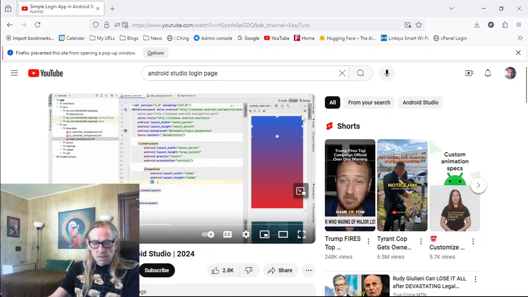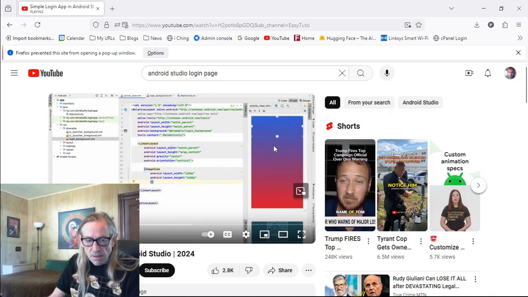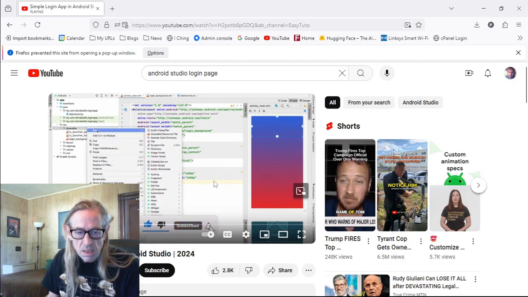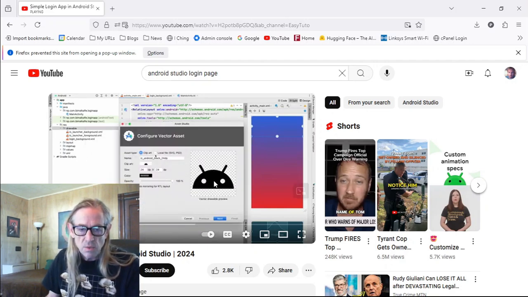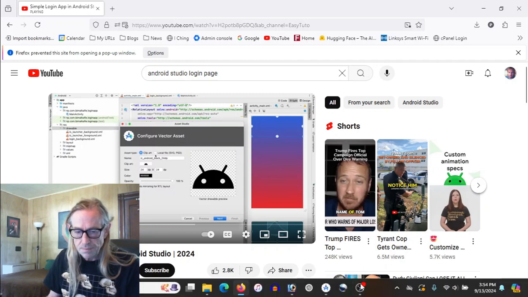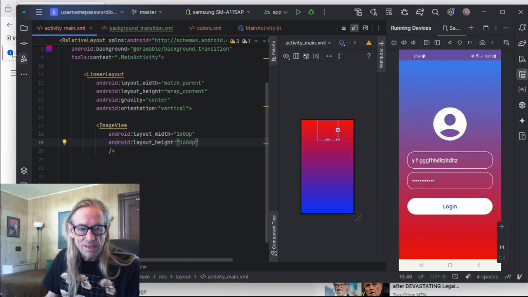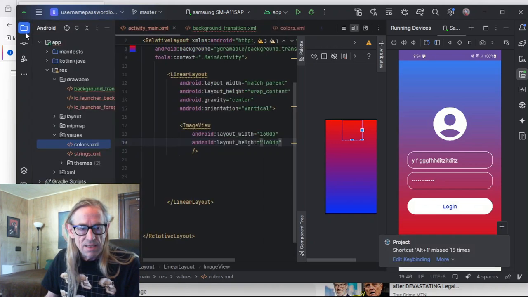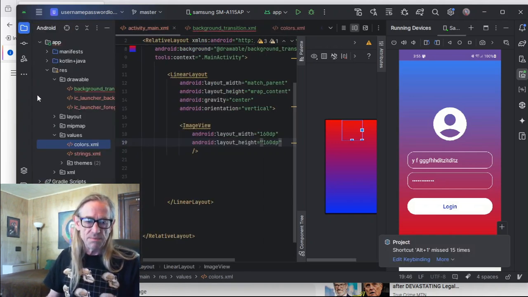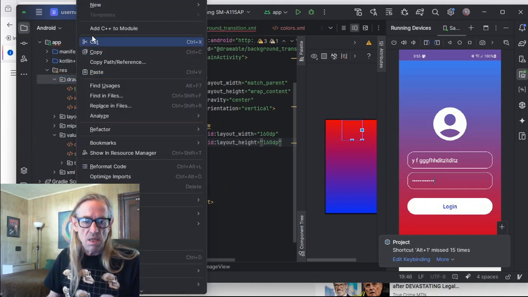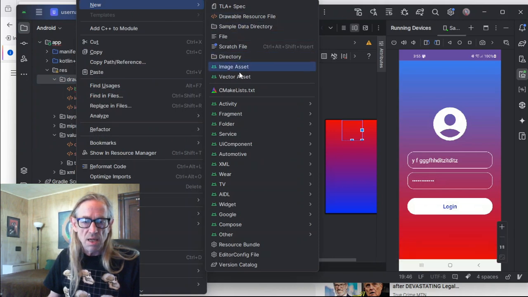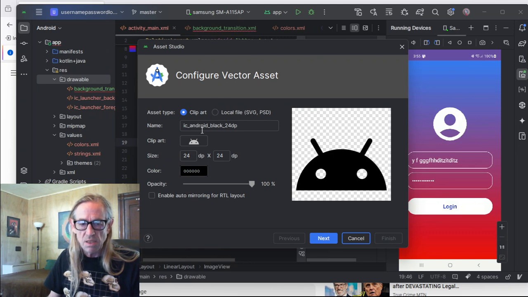And we have to give the source of the image here, view. We can add your own image, or we will go to drawable, new, vector asset. What he's going to do now is put an icon right in the center there, and it's a vector graphic. That's a drawable thing, so click drawable, click new, and go to vector assets because there are a bunch of them